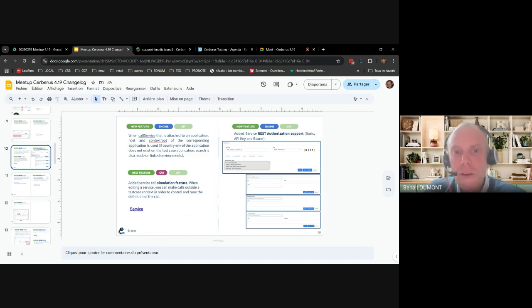So that's quite convenient, because that means that you can configure your services independently from any environment. And if you attach it to a correct application where you configure for every environment the endpoint of the corresponding environment, it will take the context of the execution of your test case to point to the correct environment. So it's quite convenient. We have also introduced a simulation feature that allows to execute an API call directly from